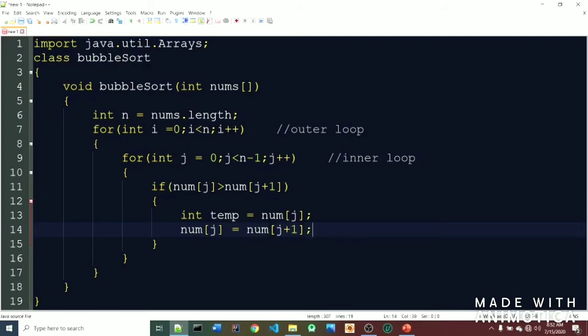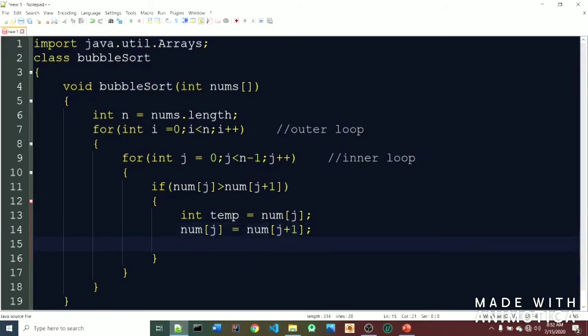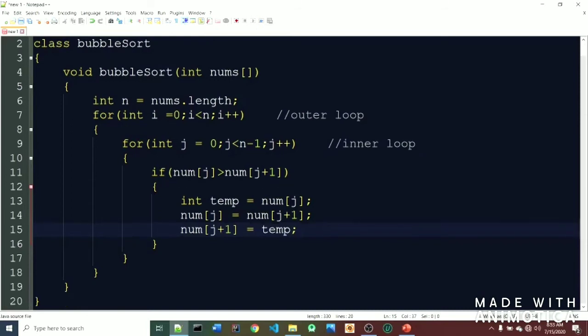We are just swapping the values. Okay, now the value of temp will be stored in the place of num j plus 1. So we have done nothing, we have just swapped the values from one position to another based on the condition, that is num j is greater than num j plus 1.